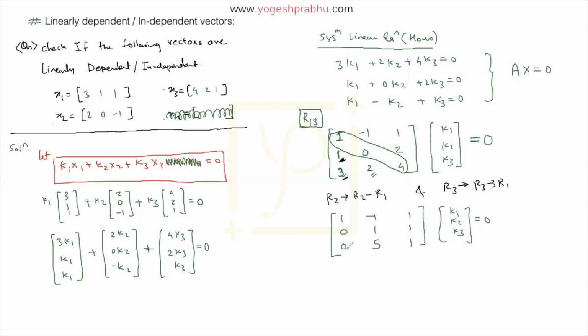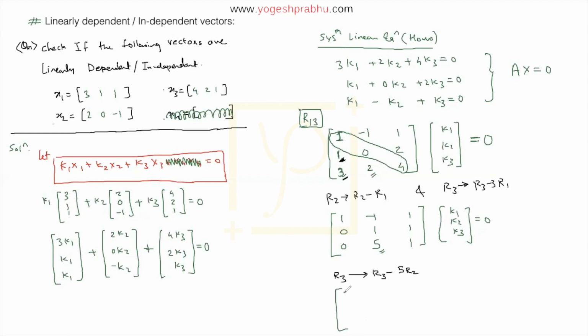Is that correct? So once you do that, the next step is you can make this 5 into 0, and that's going to be very simple. The step to make that 0 will be R3 becomes R3 minus 5R2. So you'll do this 5 times and subtract, it will become 0. So once you do that operation, let me keep the color consistency here.